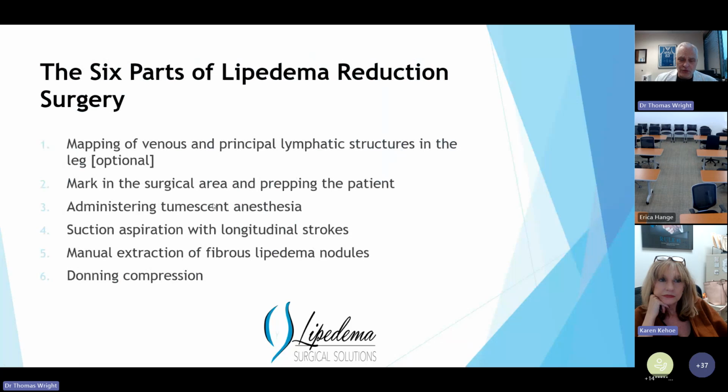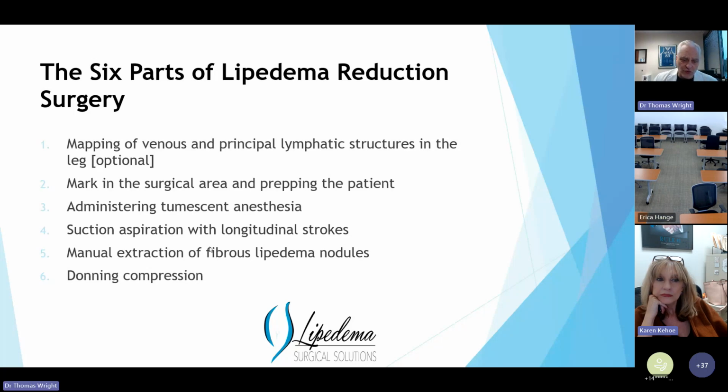So there's basically 6 parts to the lipedema reduction. So mapping of the principal lymphatic structures. Now, not everybody who's treating lipedema does that. I do and recommend it, but not everybody does. And then marking the area, prepping the patient, doing the tumescent anesthesia, doing the suction aspiration with the longitudinal strokes, and then